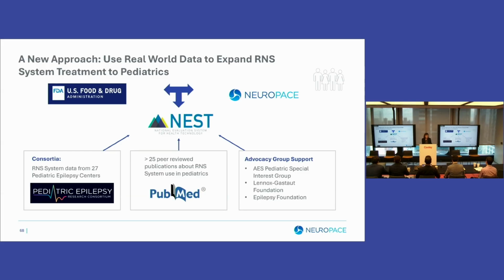So when we put that together and we add to it support from advocacy groups, in fact, a demand that children have official access to this, we were able to partner with NEST, the National Evaluation System for Health Technology, that is funded by FDA in order to promote the use of real-world data to expand indication for use, particularly to underserved populations. And we are a perfect